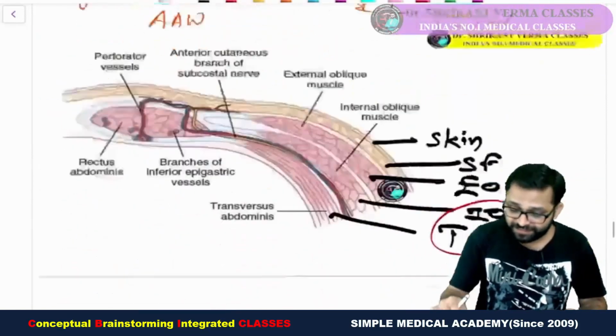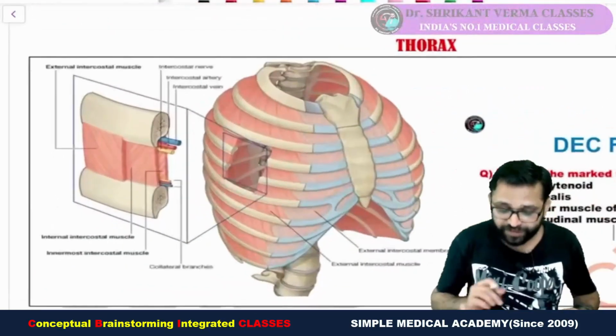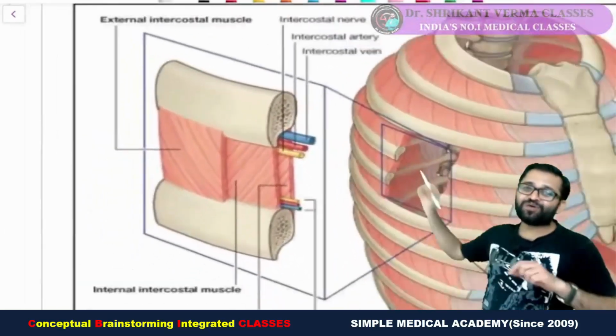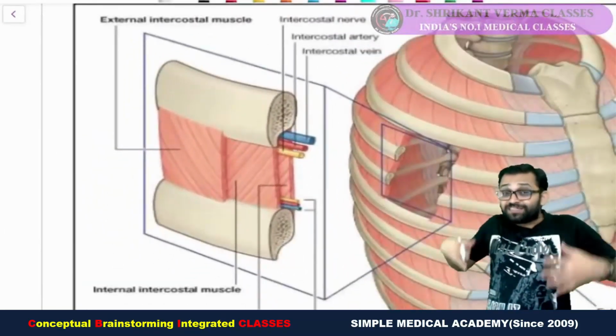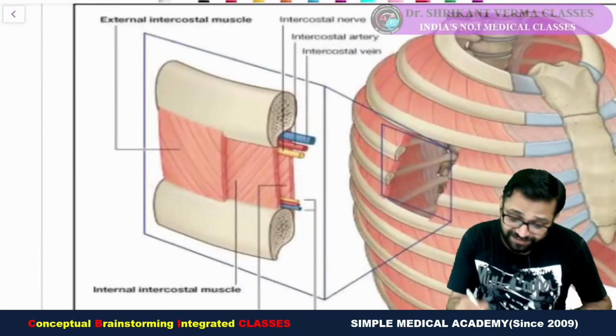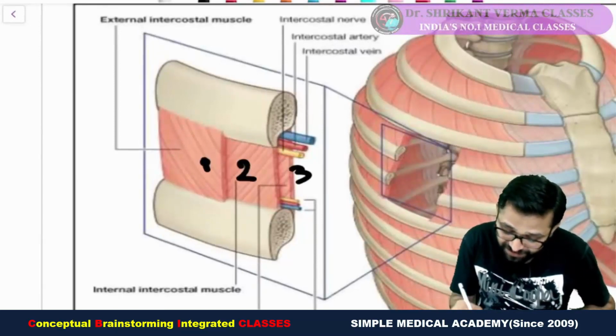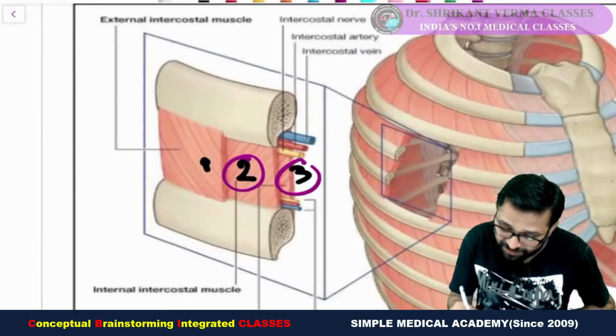Getting the point? I told you at the time of the thorax that the neurovascular bundle, just like the thorax, is running in the abdomen. It is running in between the first, second and third. So in between the second and the third muscle, this is the